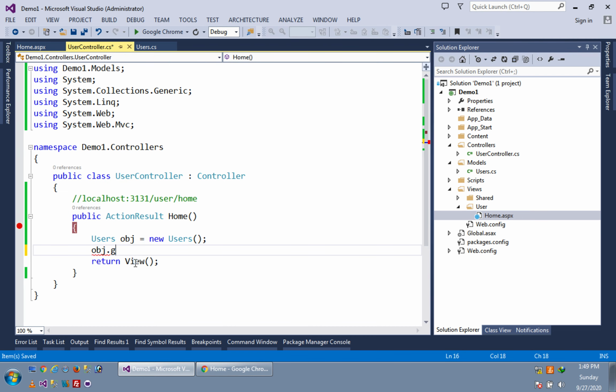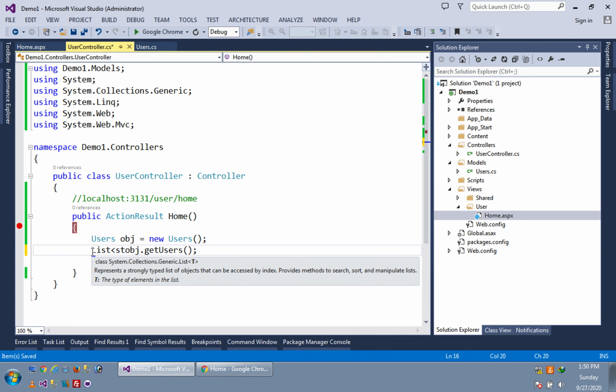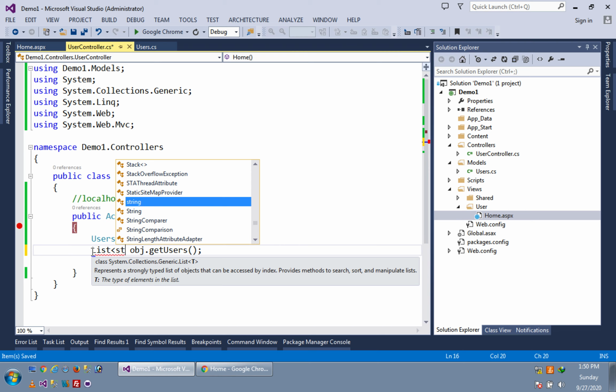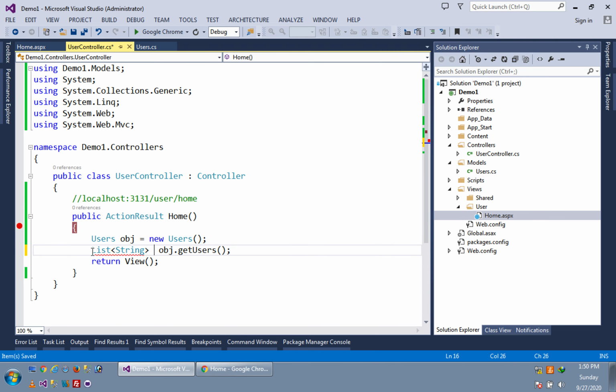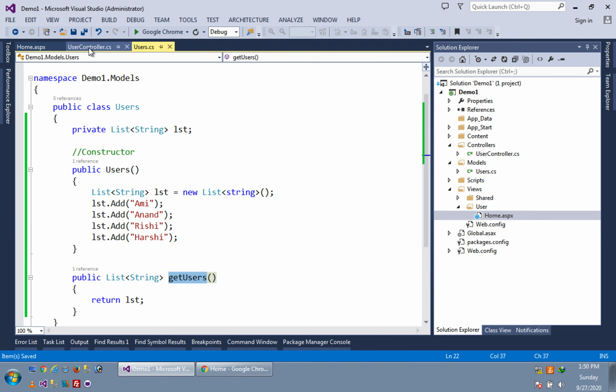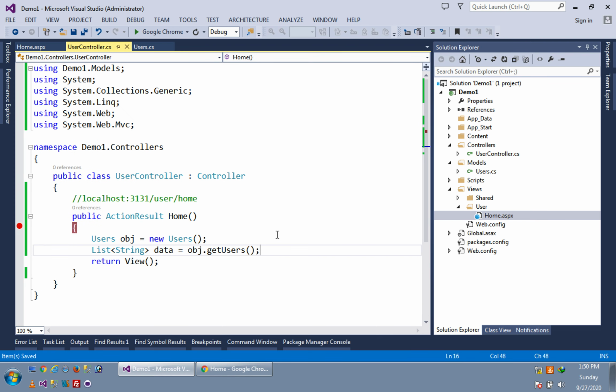Here I will call the method GetUsers and it will give me the entire list. So here, List of string data, I am giving it the name data, is equal to obj.GetUsers. So it will load this lst into this data.